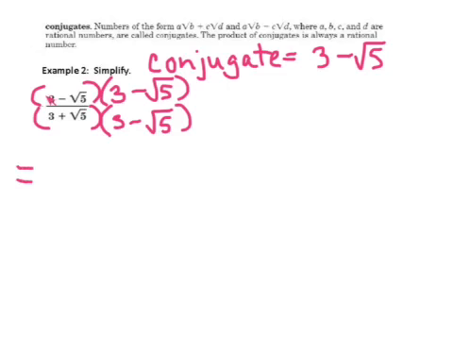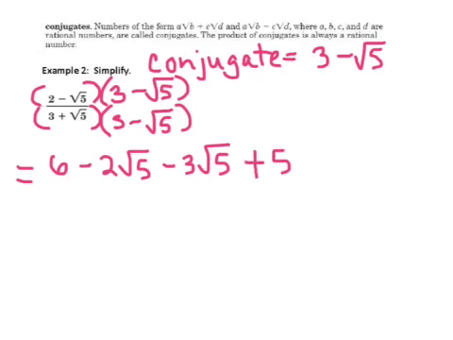2 times 3 for our front product, we end up with 6. The outer product of 2 times negative root 5 is negative 2 root 5. The inner product of negative root 5 times the 3, we end up with negative 3 root 5. And the last product, we have negative root 5 times negative root 5. Since a negative times a negative is positive, and root 5 times root 5 is 5, we get plus 5